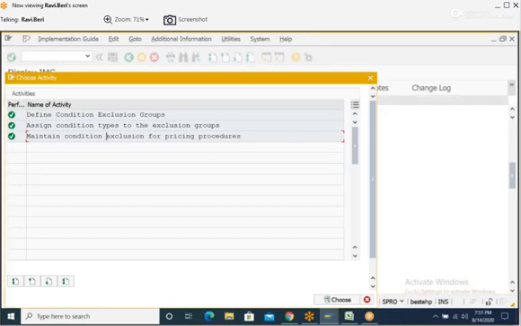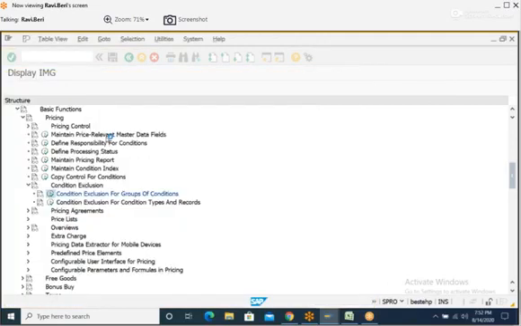Pricing procedure. Maintain condition exclusion for pricing procedures. Double click on this.